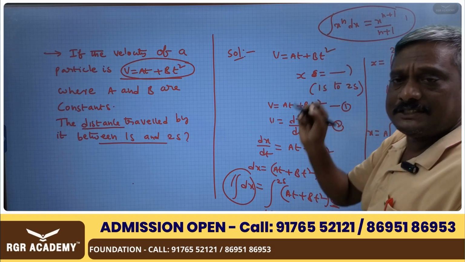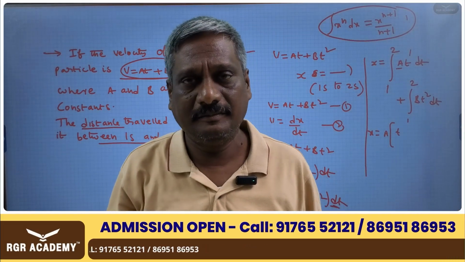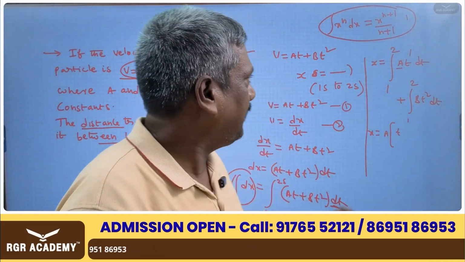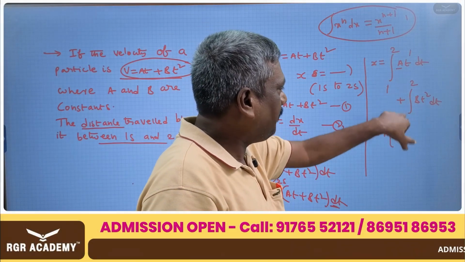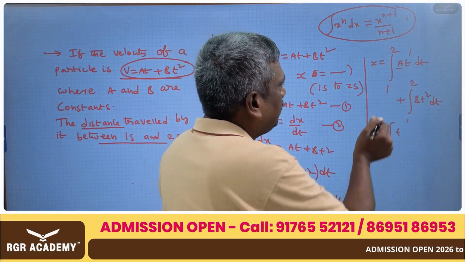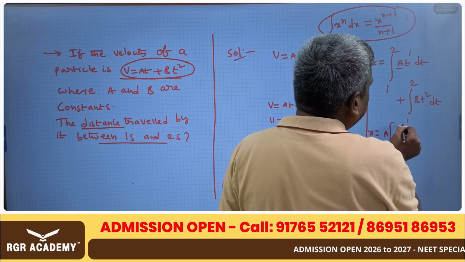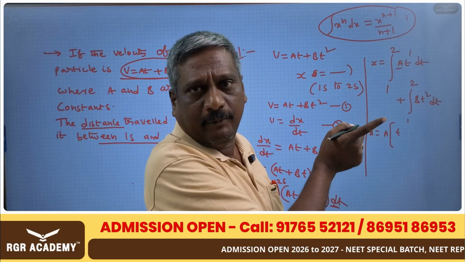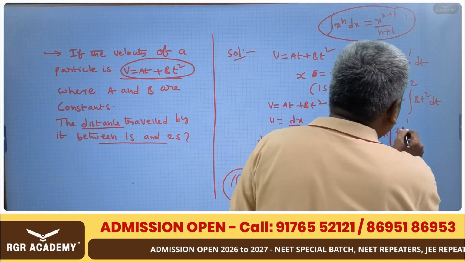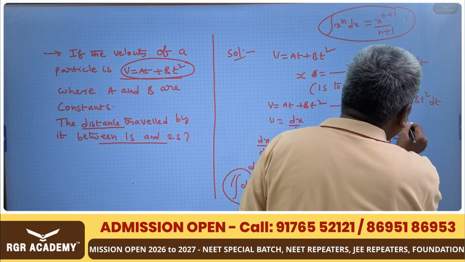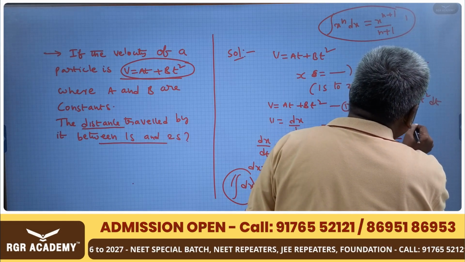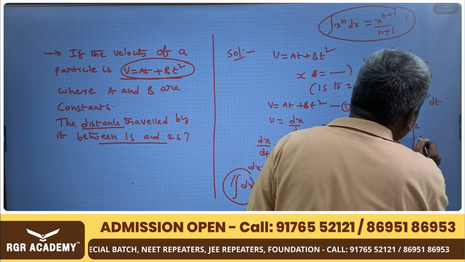That is a very, very important mathematical formula. Apply that formula now: t power 1 into dt gives t square by 2. The limits are 1 to 2, plus